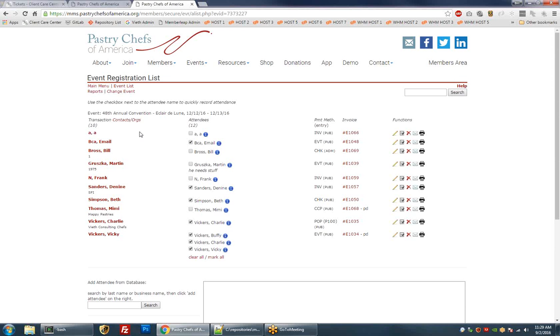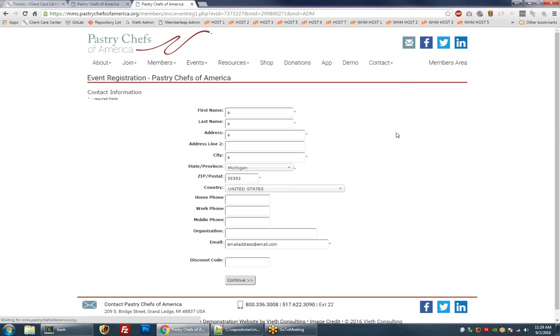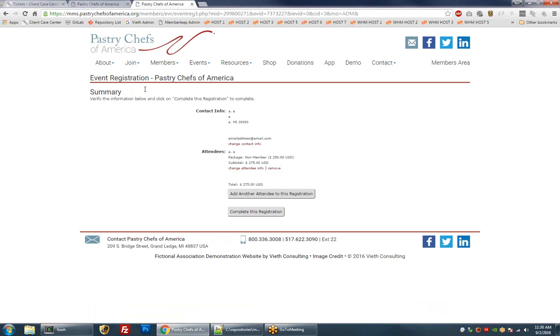So as an admin, you'll come in here and you'll click the edit button next to them. And that's what this one's for here. If we click on that one, again, we'll see the same page right here. This is their contact information. And we can continue past if there's no changes there. And then it takes us directly to the summary page. So if they need to change their